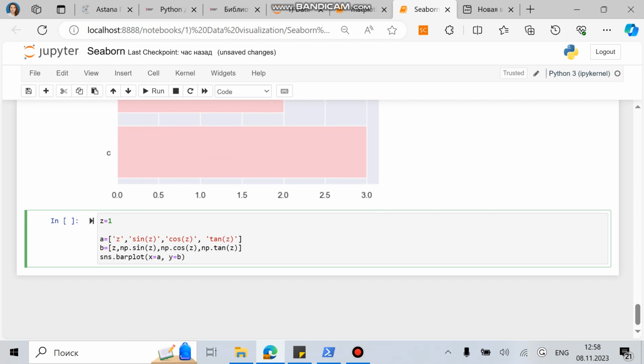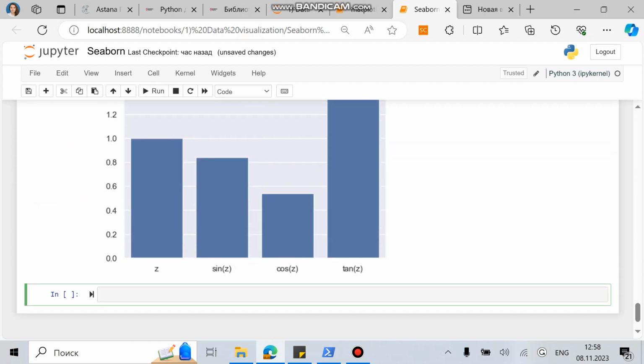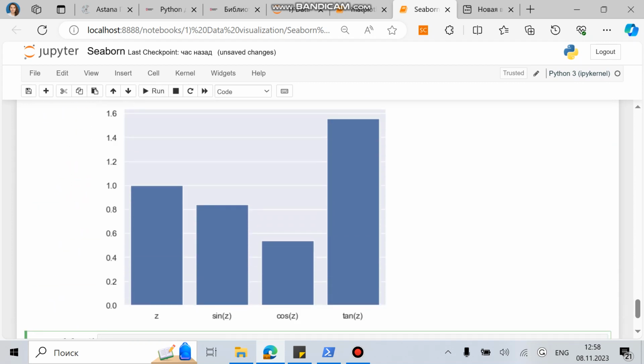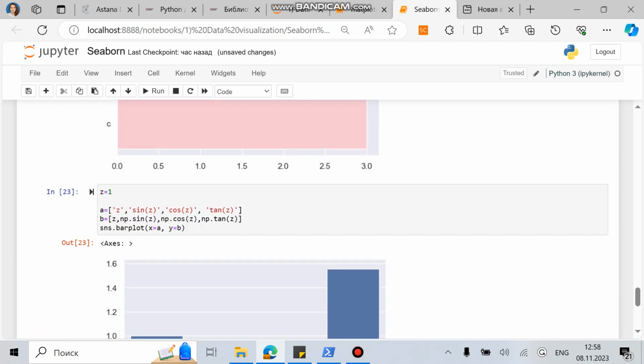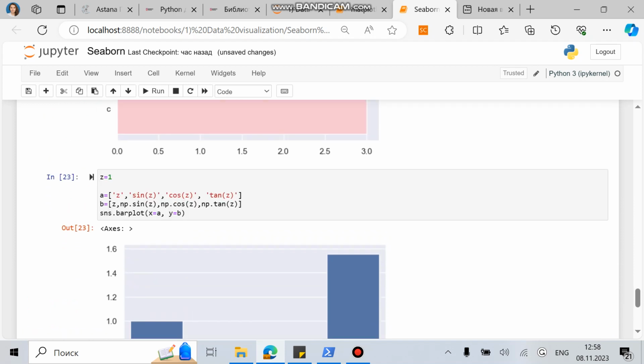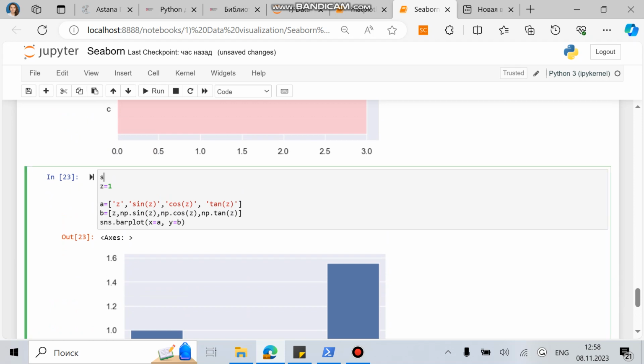Here also let's write z equal to 1 and also write sinus, cosinus, and use numpy. Here also you can see this kind of histogram. Also you can work with the style like C, Z, style,